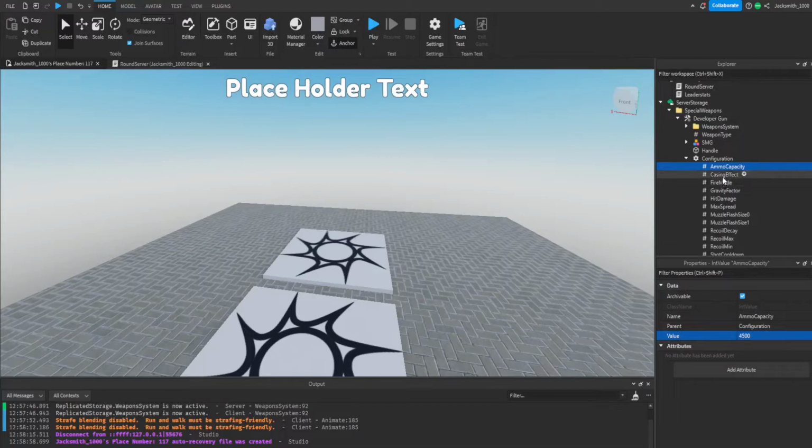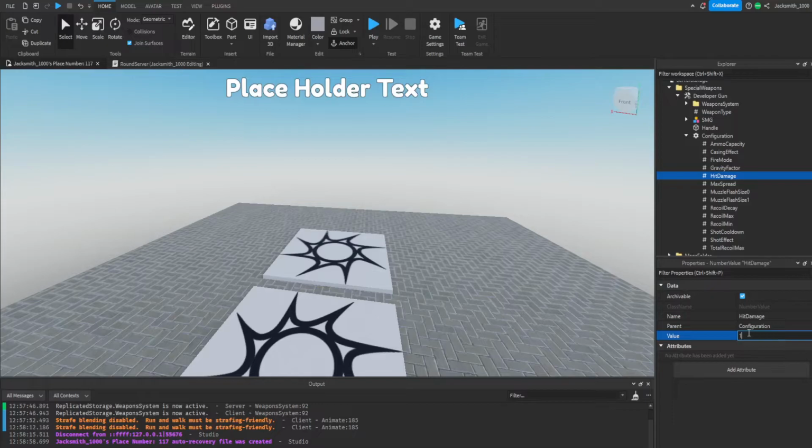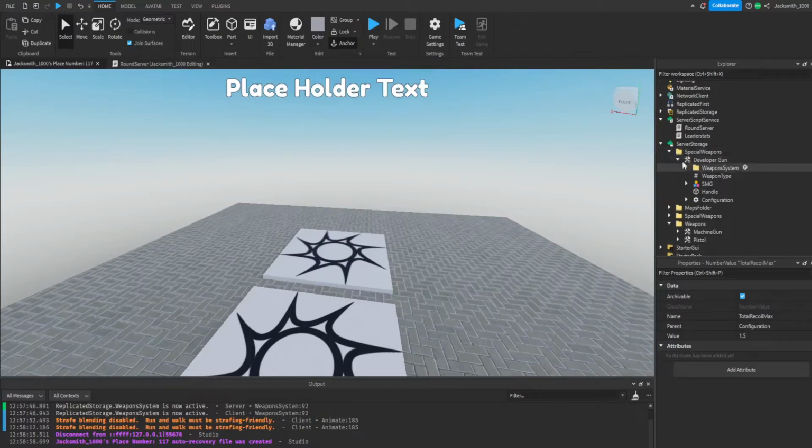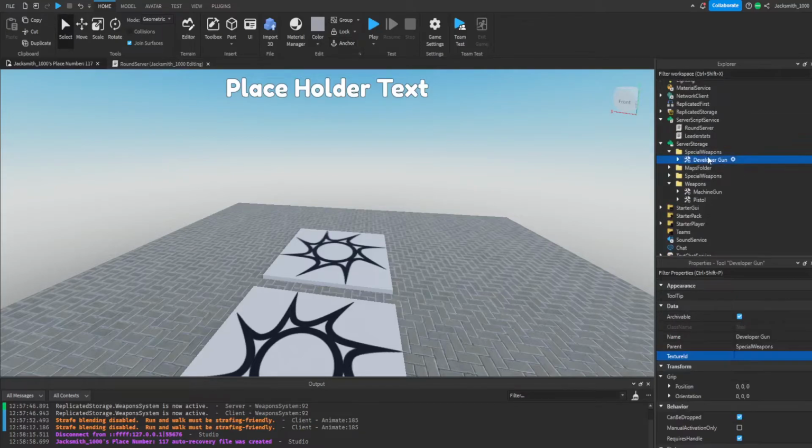and I'm just going to give myself like 4,500 bullets. Just tack some zeros on. Hit damage, make it like 100. No, let's make my hit damage 55, so you can only survive two shots. No, one shot. Max spread, let's do 0. Just tinker around with this and make the gun as OP as you want it to be. So once you've got your developer gun,